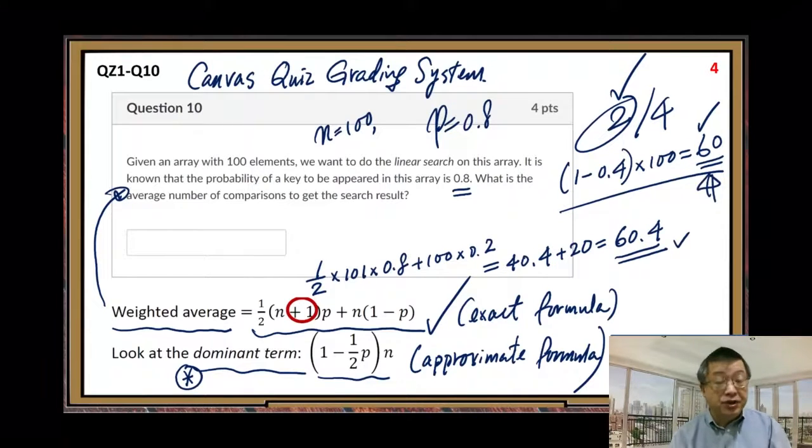because I cannot see your answer. I can only see your final grade. I cannot see your answer. If you get a 60, you can take a screenshot. You can use screenshot software, a snipping tool. So in Windows, there is a